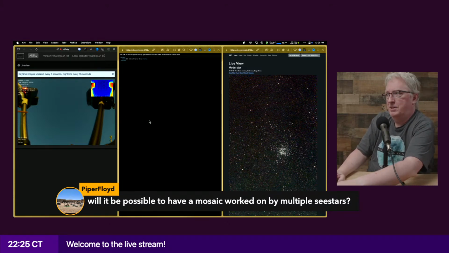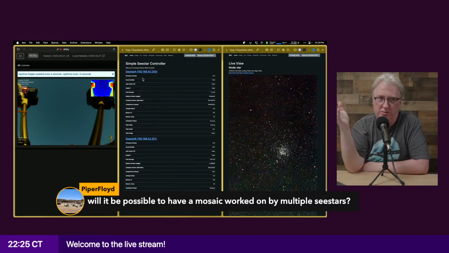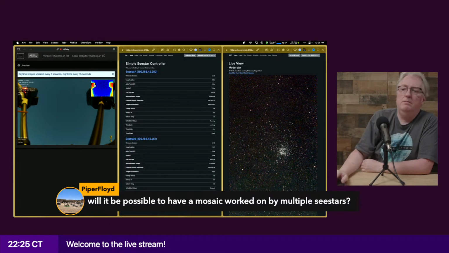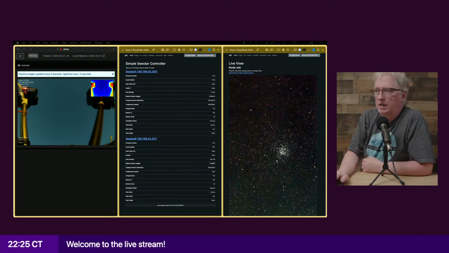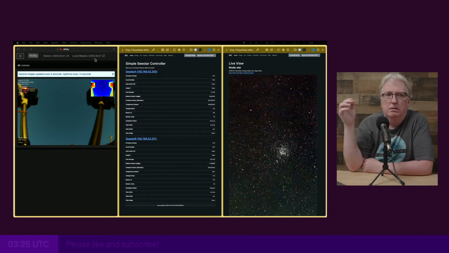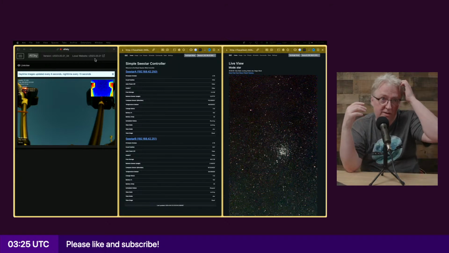So one thing I've changed: it threw this internal error, and I think what's happening sometimes, again, goes back to my slow Wi-Fi. I ended up adding timeouts to the Seestar ALP software on the back end when it's talking to the Seestars, because it used to be it wouldn't ever time out.